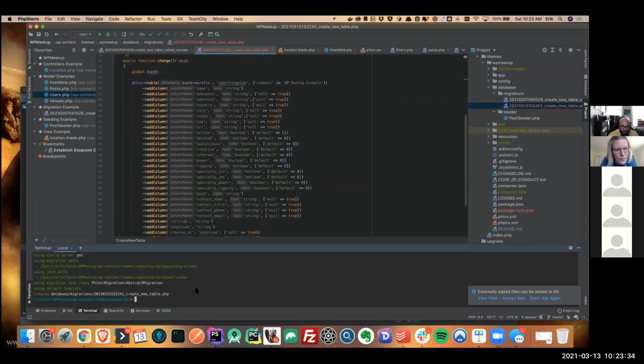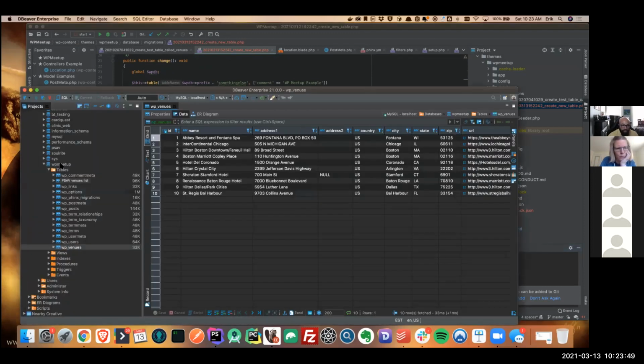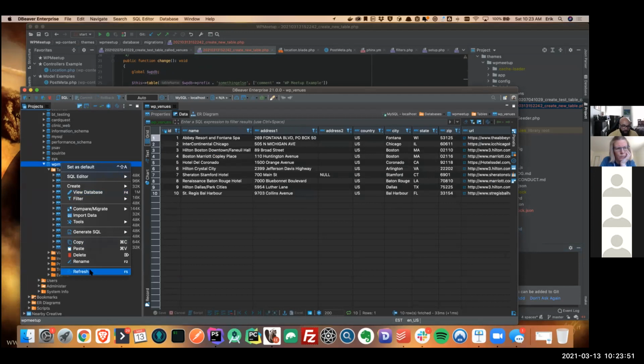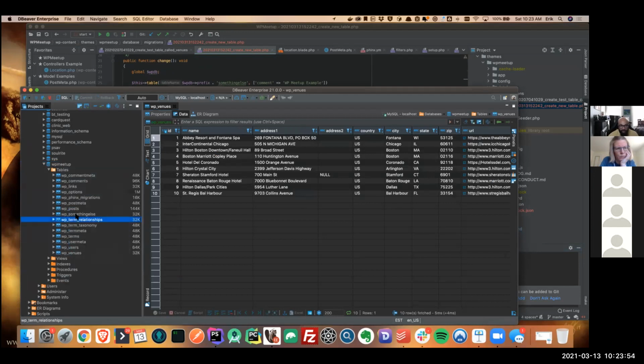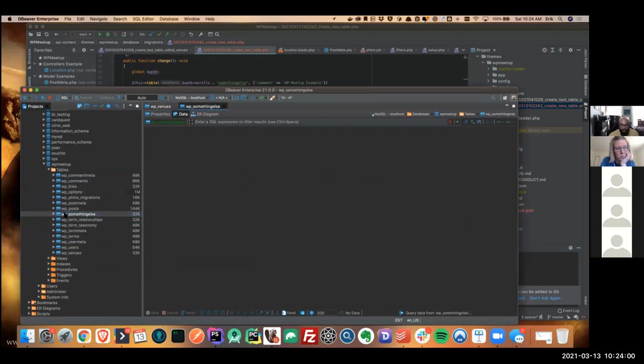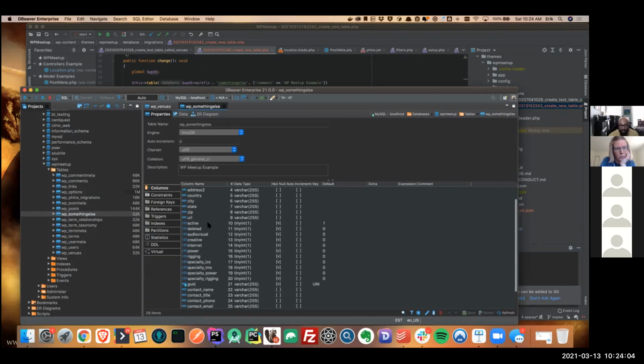And to create that, instead of running create down here, all I will do now is just type migrate. Simple. Hit that, boom. Migrating, migrated. So if I come back to here and I just refresh this real quick, boom, WP something else is now here. And it's that easy to create new databases. So now if I double click this, I have a nice little empty database. I can look at the properties and see all the things that I created.